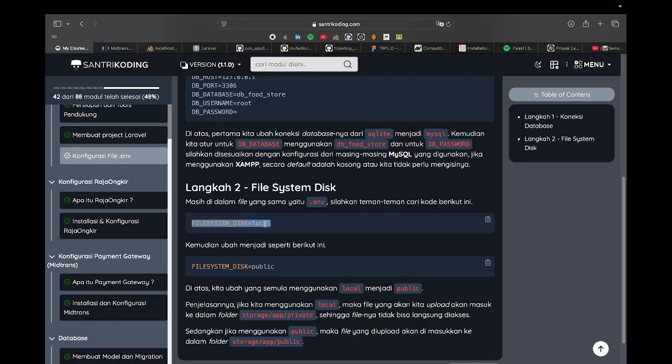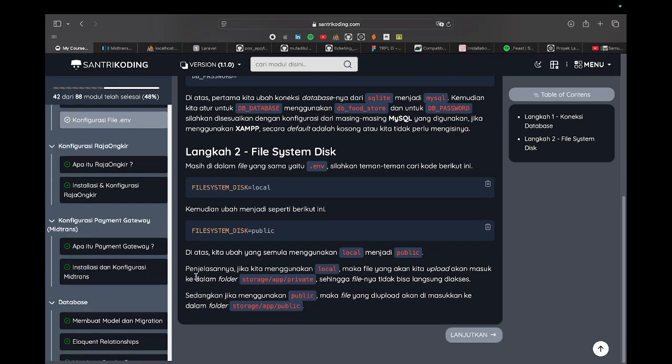We change it from local to public, because if we use local, when we upload the image, the image is stored as private, so the file cannot be shown on the web.